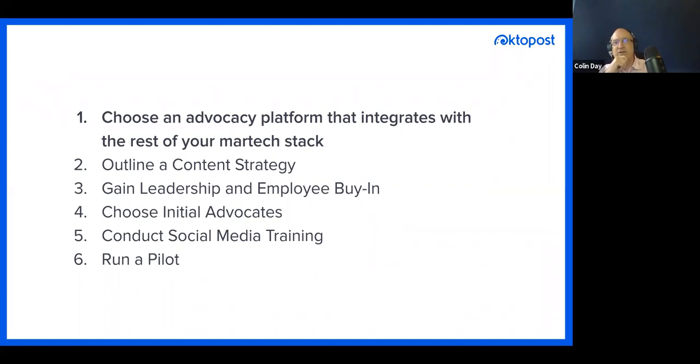The other thing to pick up there, with regards to point 6, running the pilot, or you could say it's also point 4, choosing those initial advocates. When I launched my programs, it was very much focused at the sales organization, right? And in order to encourage the second wave of people to come on and buy into the program and the process,